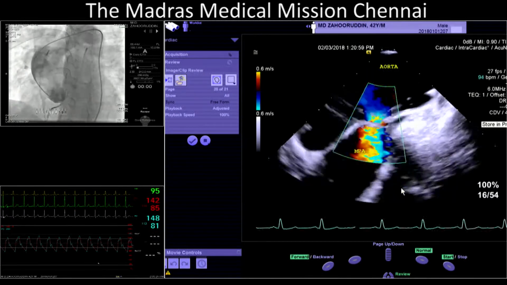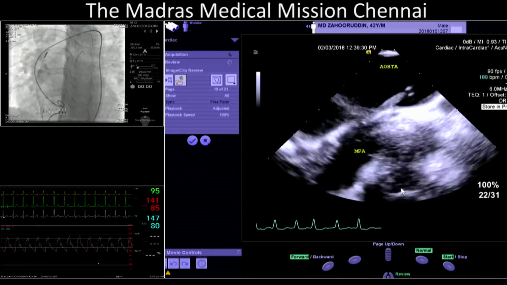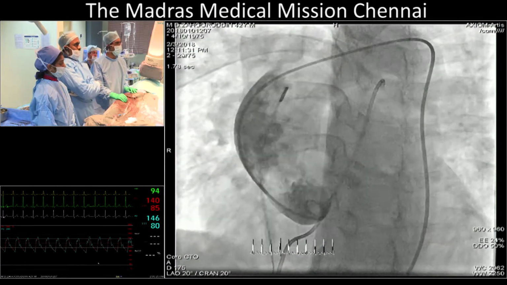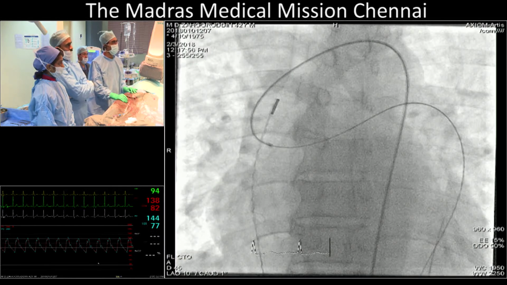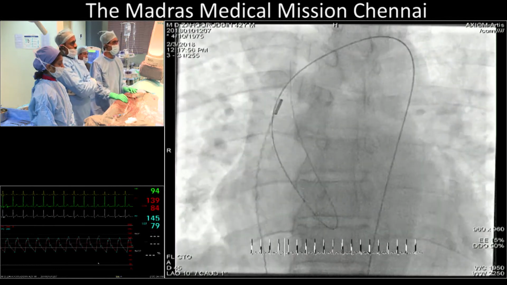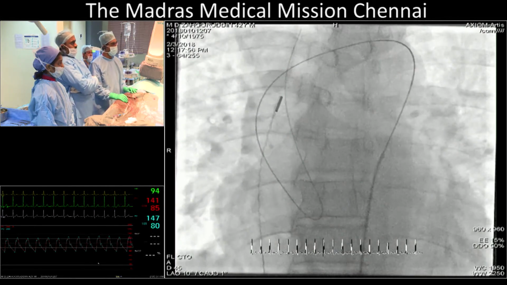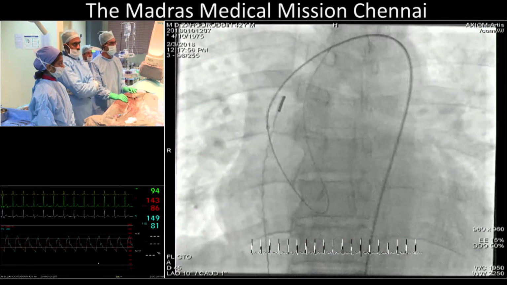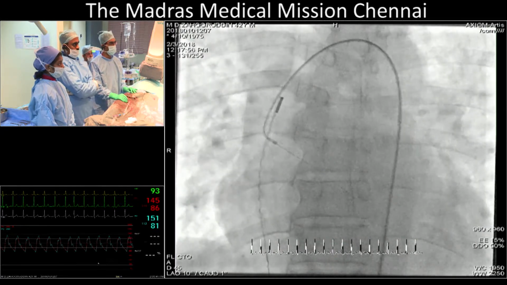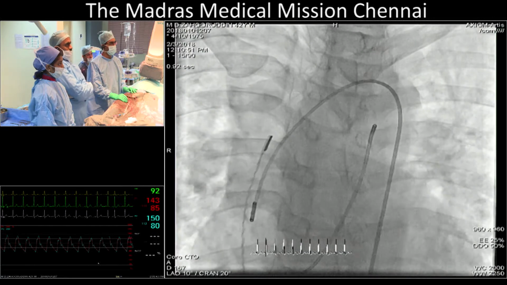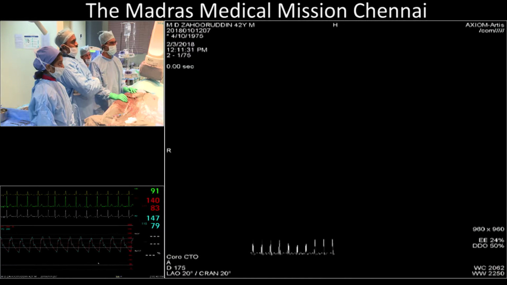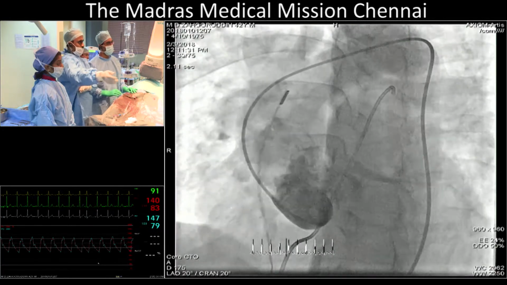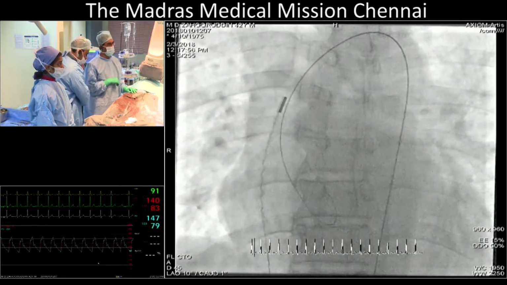Show the next fluoroscopy. Go to fluoroscopy live. So what we did was we took an aortic catheter. We dropped a wire into the pulmonary artery. Then, subsequently, once we got the arteriovenous circuit,